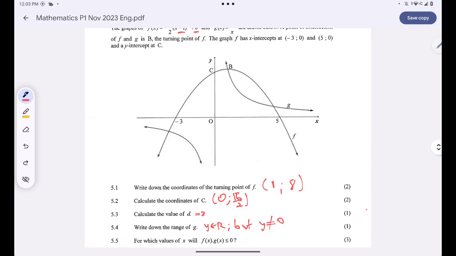Why am I saying that? Because whenever your graph is above the x-axis, your graph is positive. If your graph is below the x-axis, your graph is negative. Are you together? If you can check here,